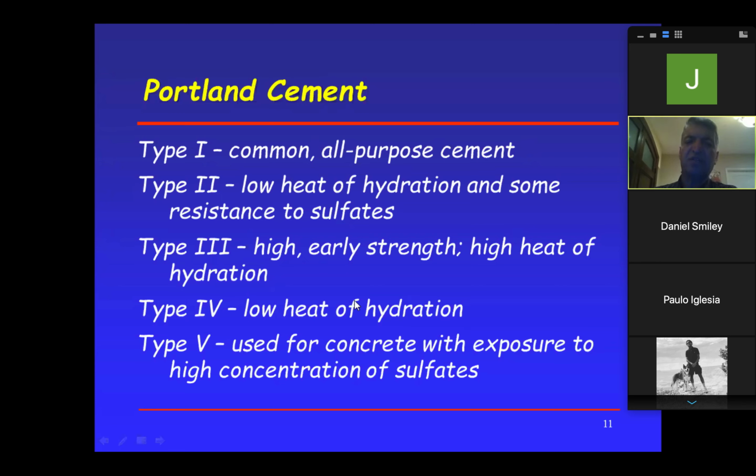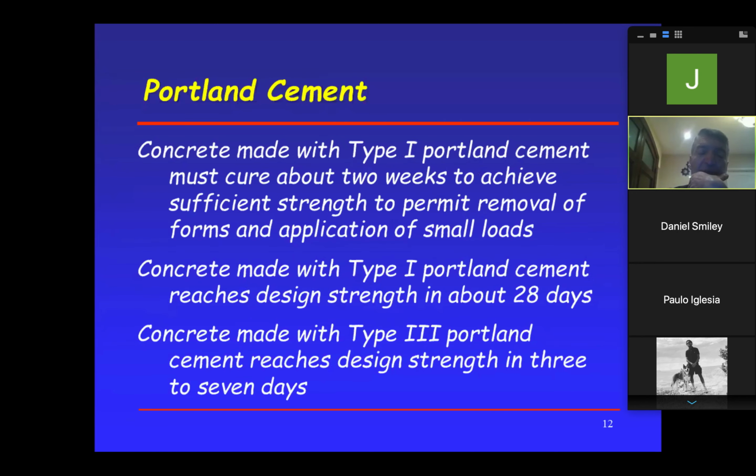Again, this is another one you can use for dams. Number 5, use for concrete with exposure to high concentration of sulfates. See that? So sulfate wise, you can do 5 or you can do 2. So again, the mix engineer is going to decide those things. Again, Portland cement. Concrete made with type 1 Portland cement must cure about 2 weeks to achieve